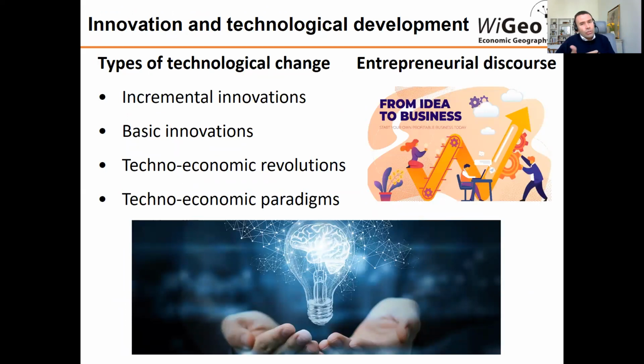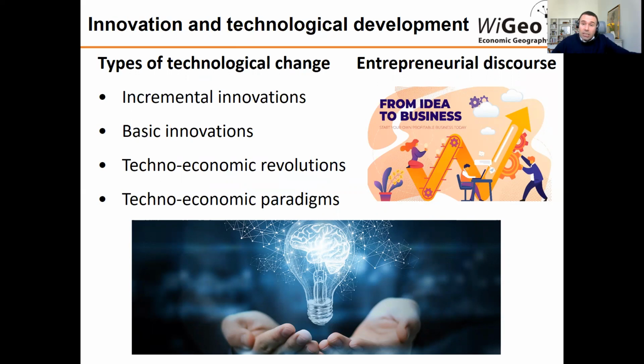Then the discourses. I told you in the beginning about this social construct, so it's also important to think about these discourses. There are a lot of discourses that we hear today, this digital transformation and this circular economy. It very much depends on this. That's place-based. It's all part of the discourse that is the result of this evolution. So there are also different types of technological change that came along